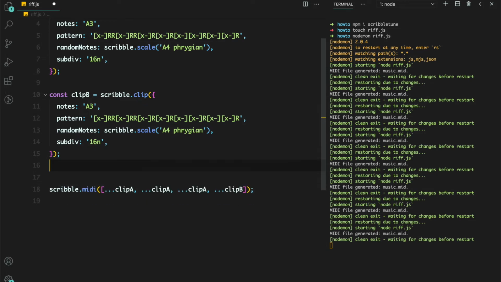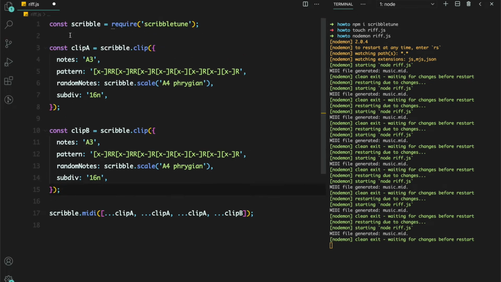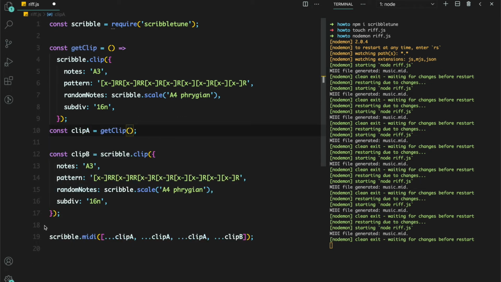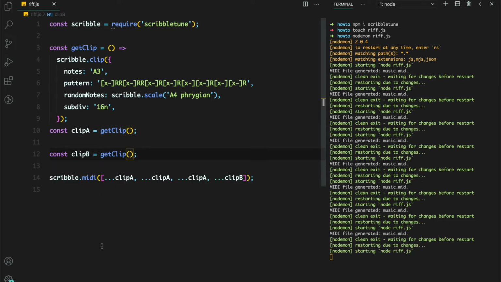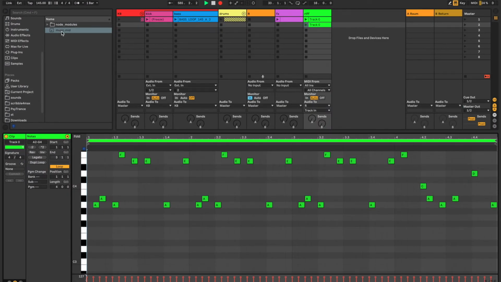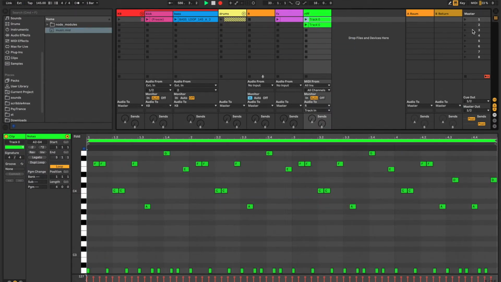So this getClip, we're just gonna move it up over here, and then for this clip A, we're just gonna use getClip to get the clip instead of defining it explicitly. And the same thing we're gonna do for clip B. So technically we've got two new clips. We are just using them in a particular fashion to create a riff. If I save it, we are not going to get much of a big difference. It's pretty much the same, but at least now we have a method that does that for us and we're not duplicating code.